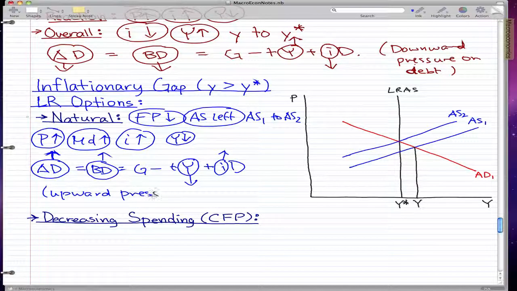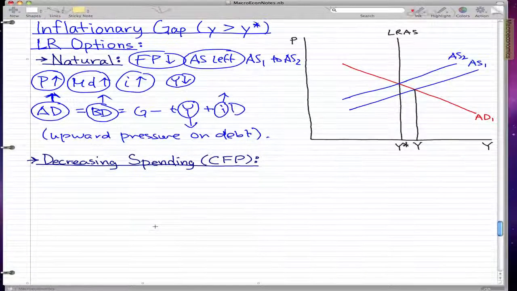There's an upward pressure on debt. And that's that. Next, another way of fixing the inflationary gap is by using the contractionary fiscal policy, which